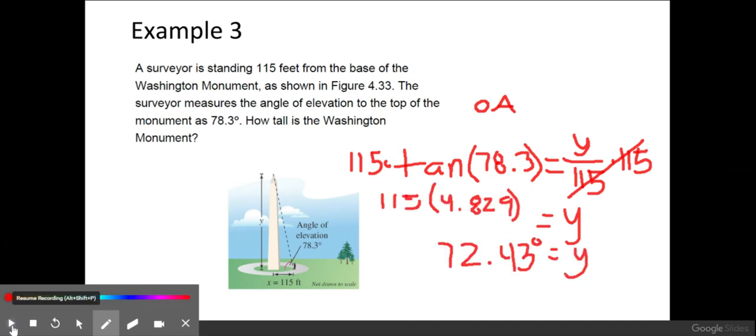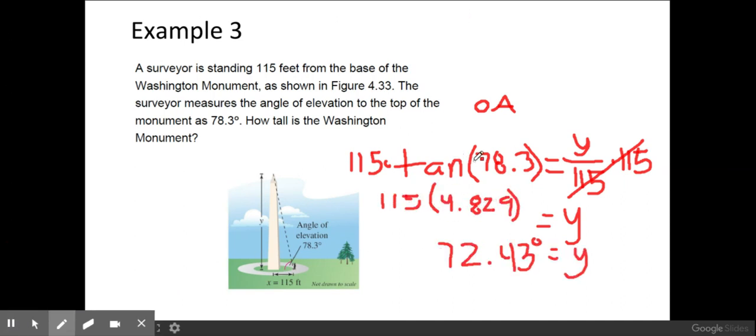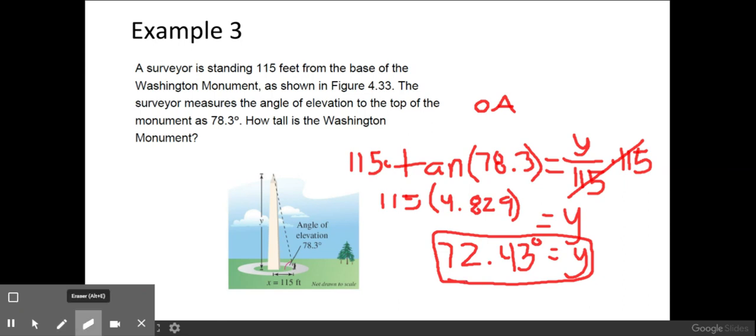So when I do that, I get 4.829 for the tangent of 78.3, and then when I multiply 115 by that, this would be my final answer right here, 72.43 degrees. Oh, not degrees. This would be 70.43 feet. Because we're not finding an angle, we are finding the height of this